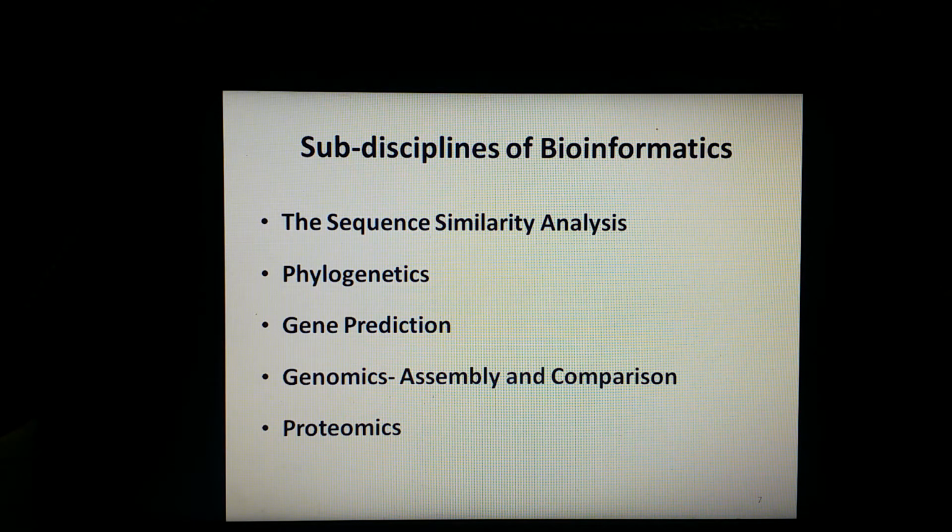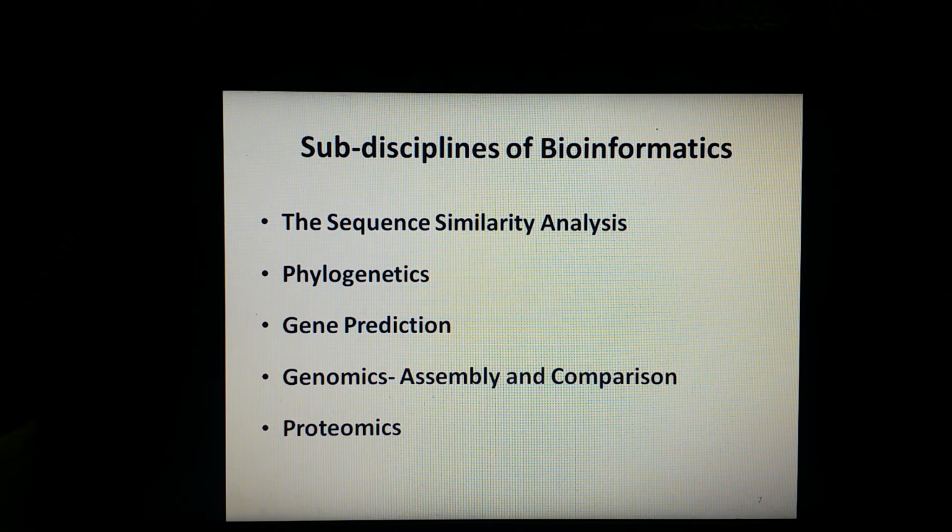Means the protein content that is present within the cell and the tissues. Development of methods and techniques, or you can say the tools, to improve identification is also very important. And protein structure prediction is another important application of bioinformatics. So firstly, bioinformatics tells us the quantity of the protein that is present within the cell and the tissue. And secondly, it tells us the protein structure, means it predicts the protein structure that is present. So these are the two important applications of bioinformatics in this proteomics field.